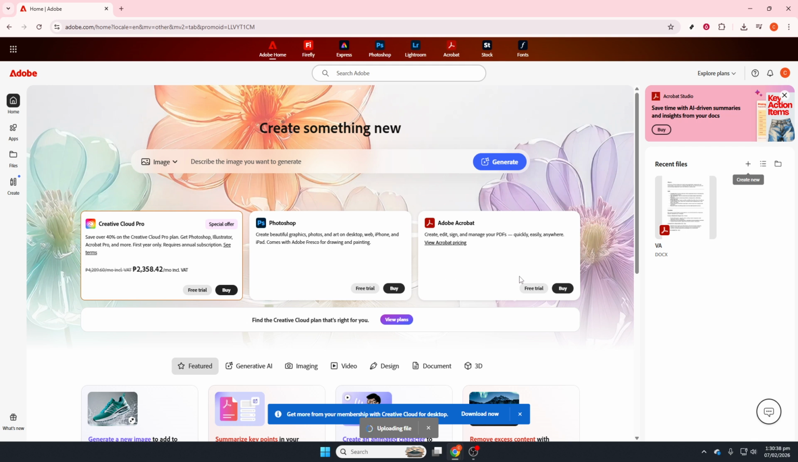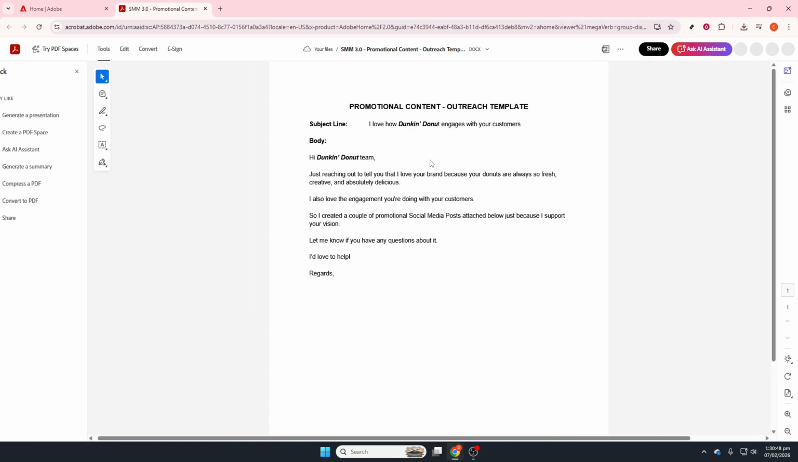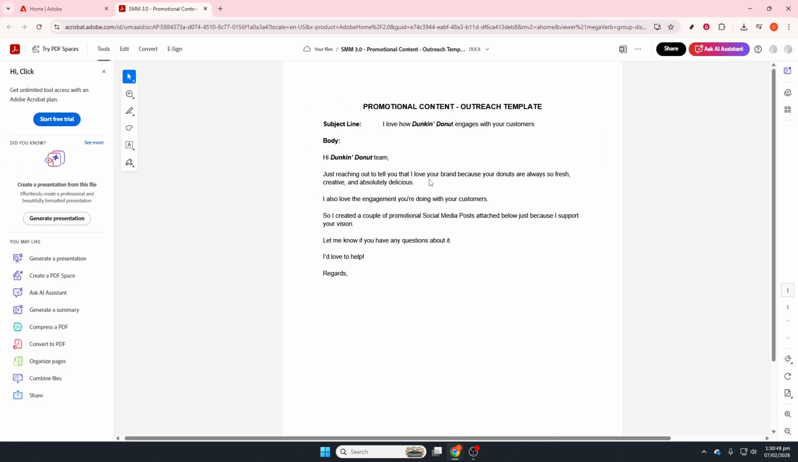Now choose magnification. Fit page displays the entire page within the window, so you see everything at a glance. Fit width expands the page to the width of the window, which is useful for reading text without side margins. Actual size shows the page at 100%, preserving true dimensions for precise layouts. Default leaves magnification up to the viewer's current setting, which can be helpful if you don't want to override someone's